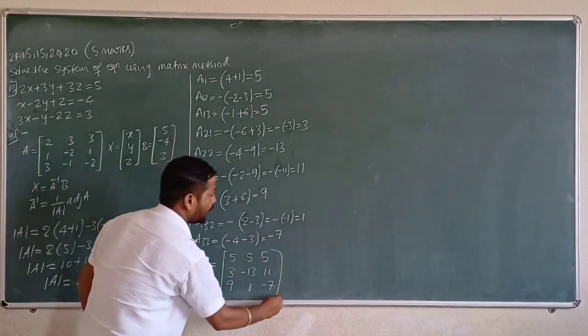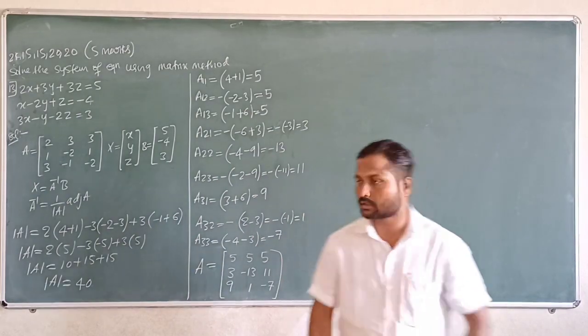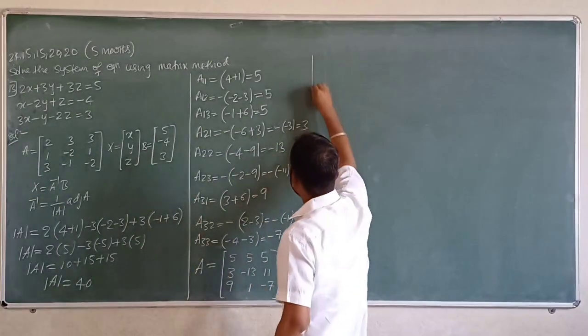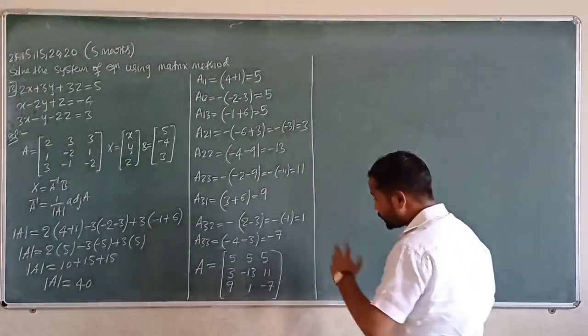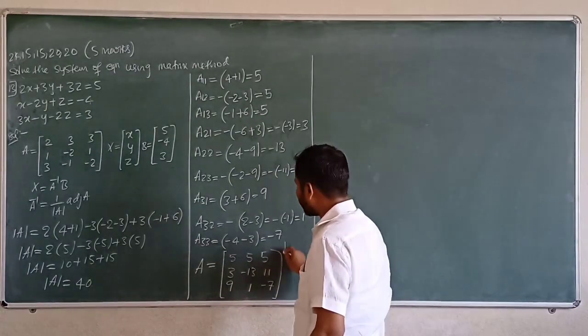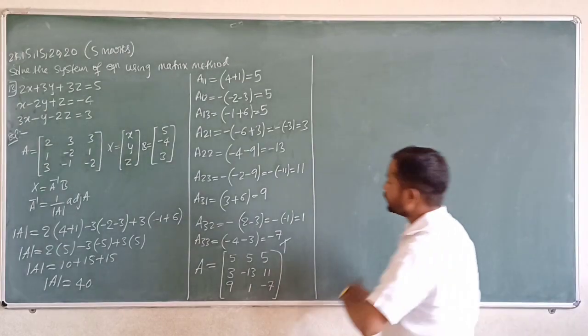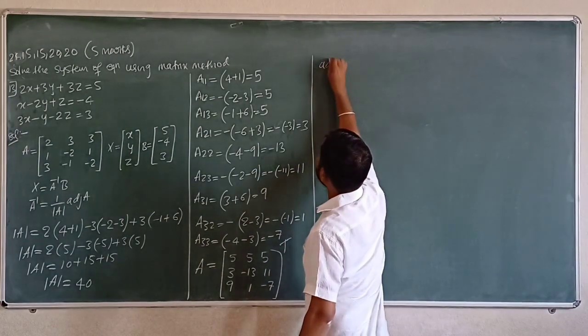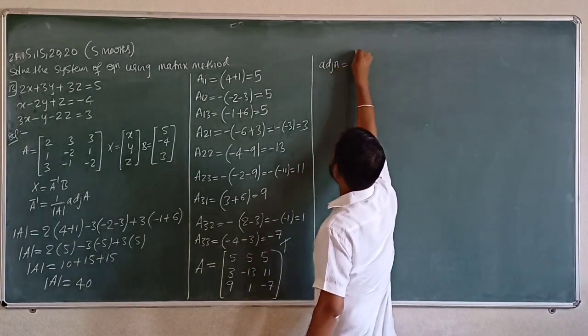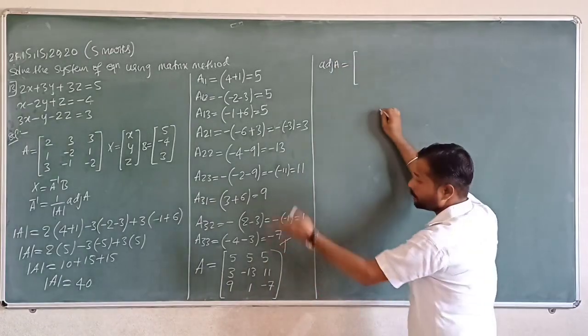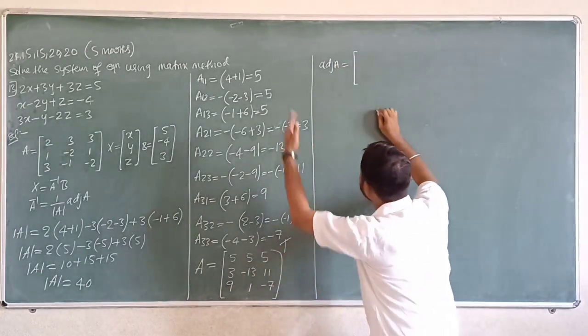Now which matrix is it? Cofactor matrix. Right. Then find out the next one, its adjoint. Take the transpose of the cofactor matrix. That is the adjoint here. Right. Then adjoint of A is equal to, now, first row becomes first column.